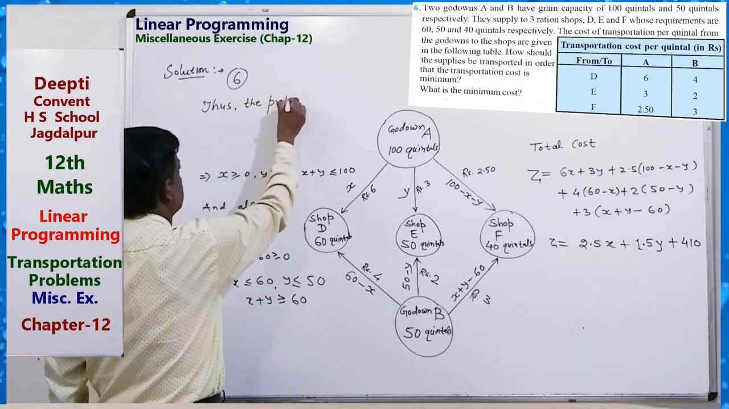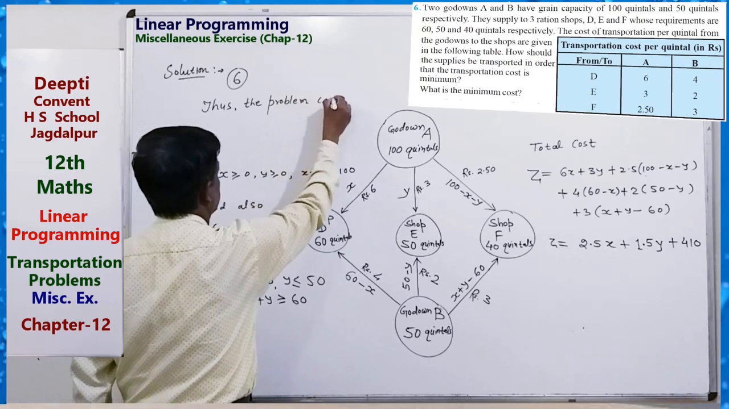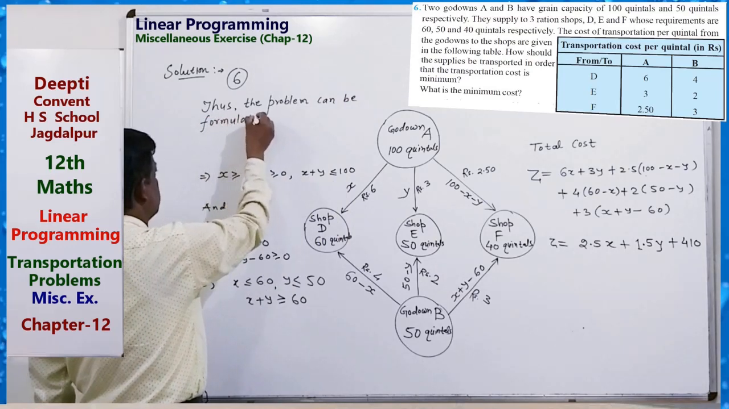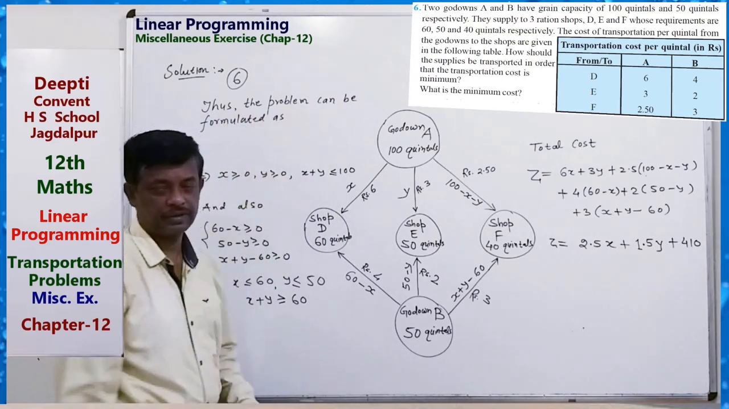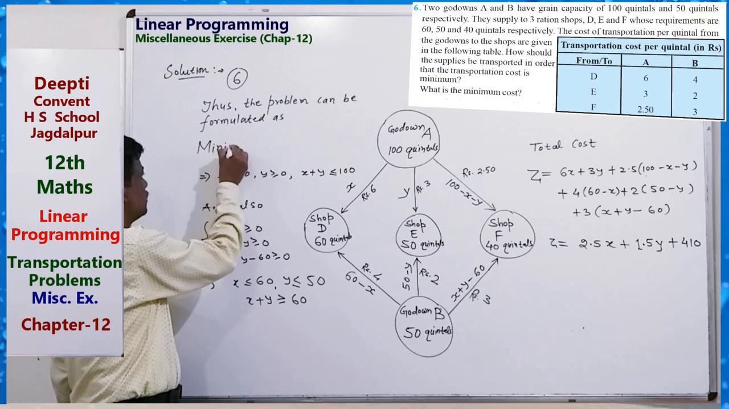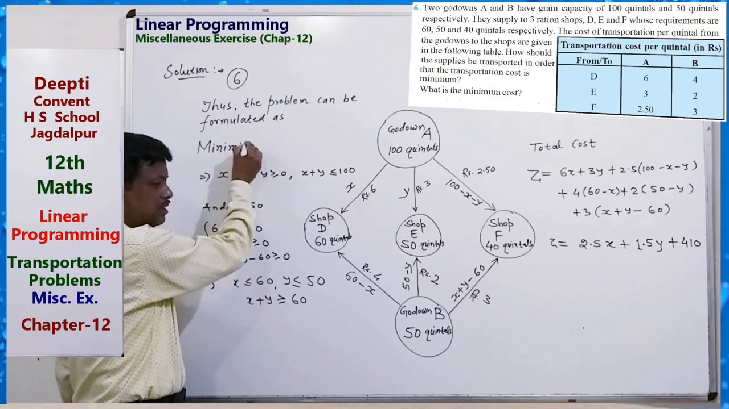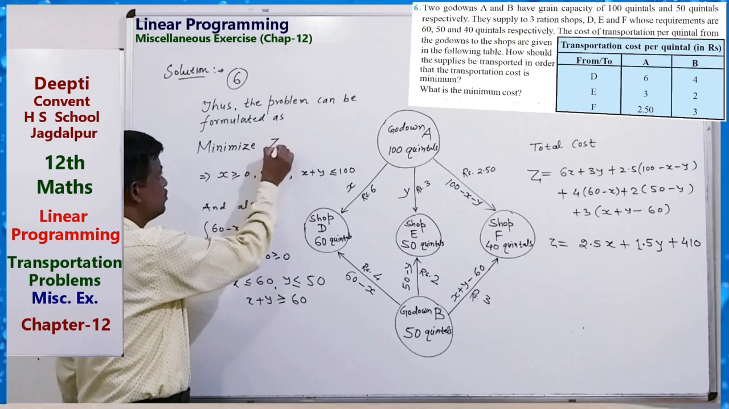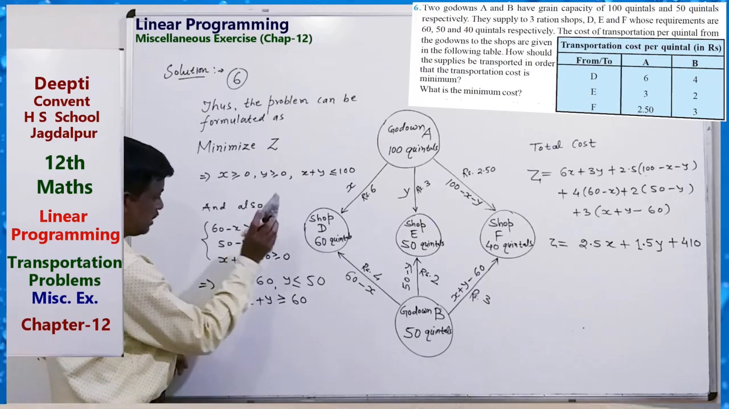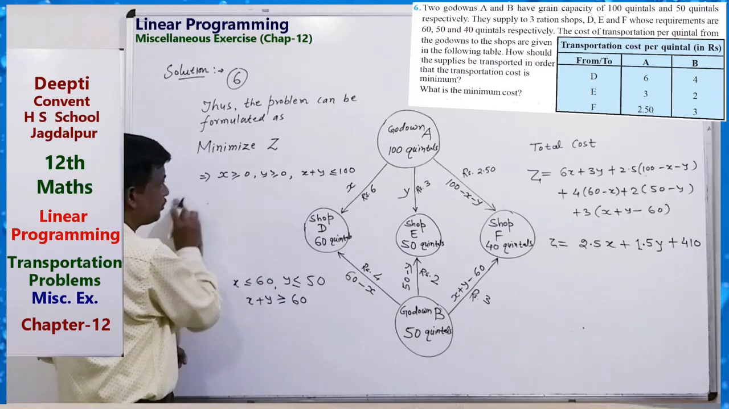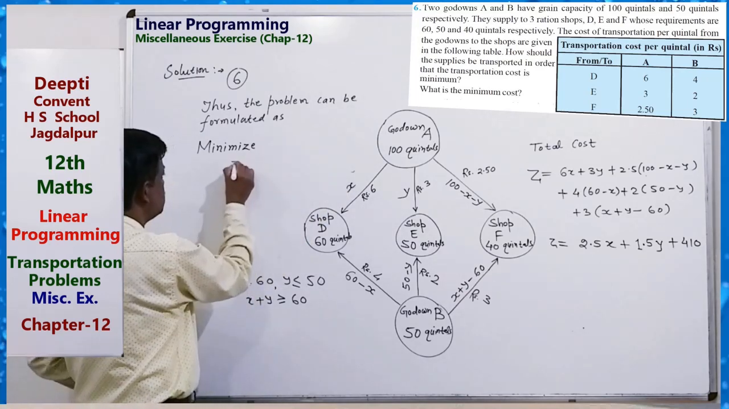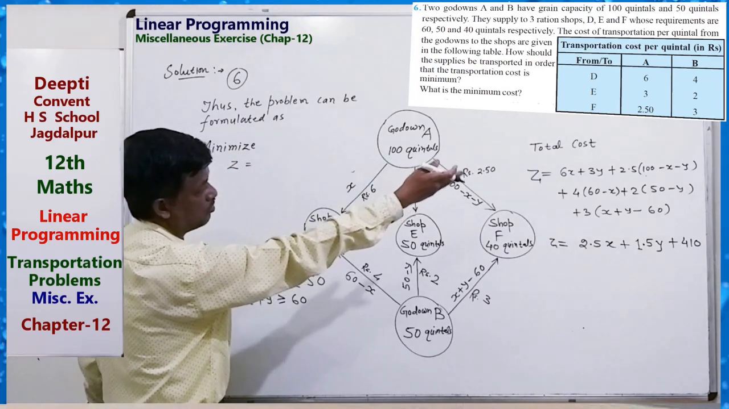The problem can be formulated as: minimize z. This should be the constraints. Okay, so here we can write like this. x plus y is equal to 100. So minimize z equals 2.5